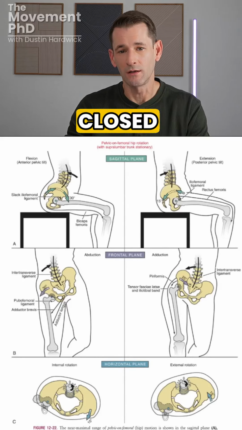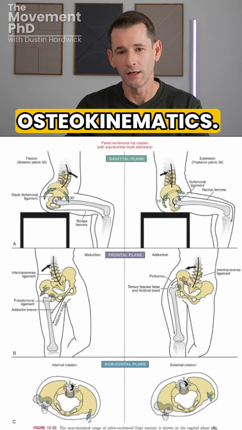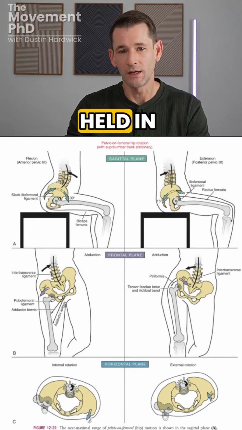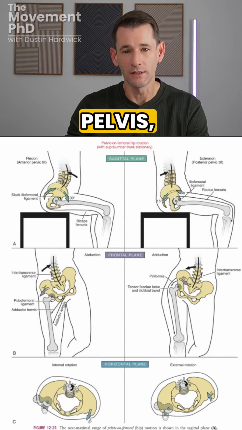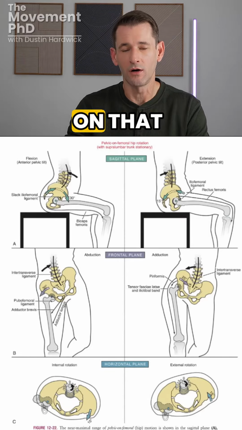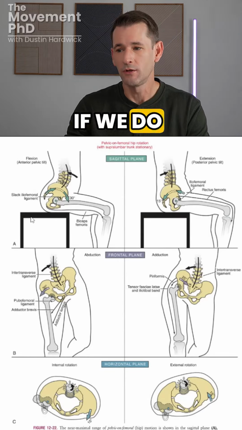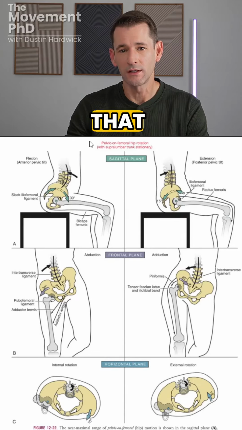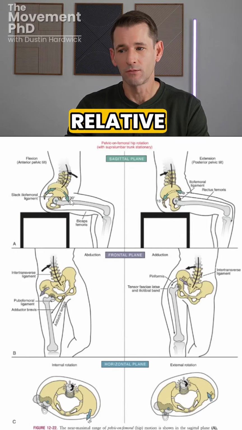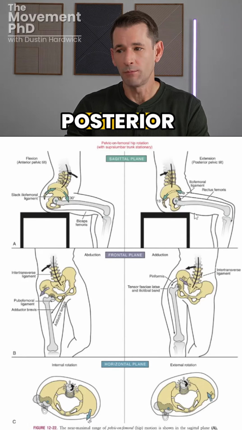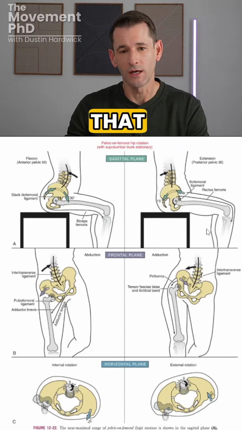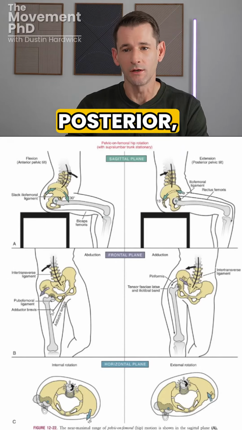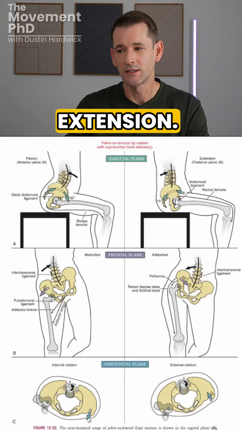Now we're talking closed chain osteokinematics. So now the femur is being held in place and the pelvis, the innominate, is moving on that fixed femur. If we do an anterior pelvic tilt in that sagittal plane, that's relative hip flexion. If we do a posterior pelvic tilt where that pelvis rotates posterior, that's going to be relative extension at that